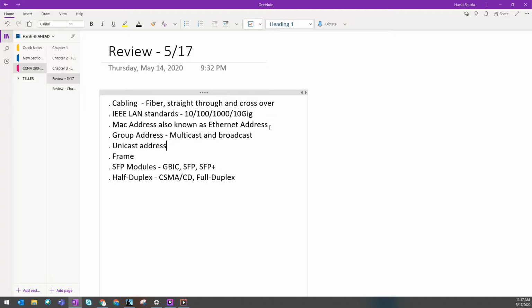Then we'll be diving into a little bit more detail on frame inspection, different fields that are in the frame, headers and trailers. And of course, we'll be going into SFP modules. So these modules that go with your modular switch, your GBIC, SFP, SFP plus,